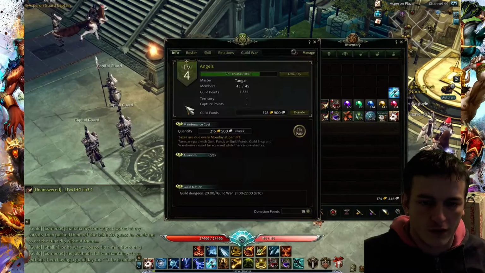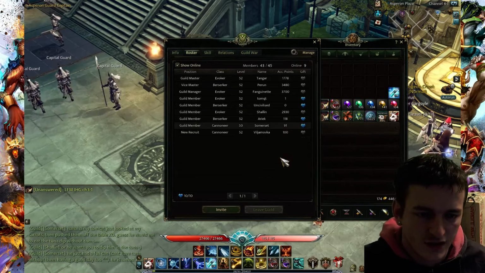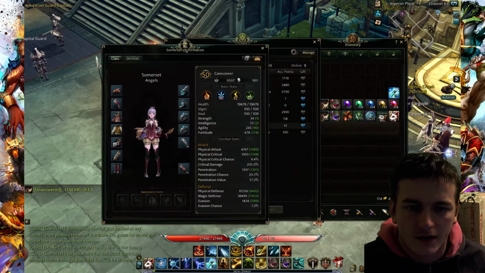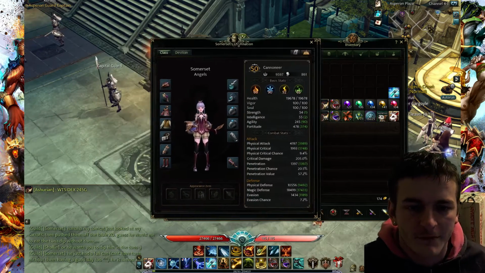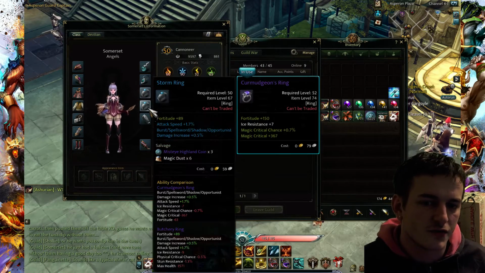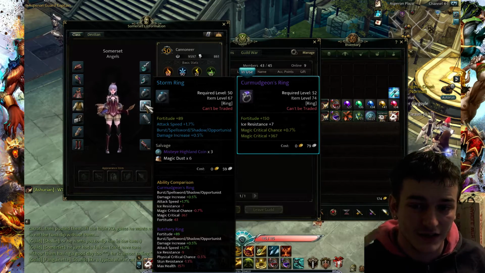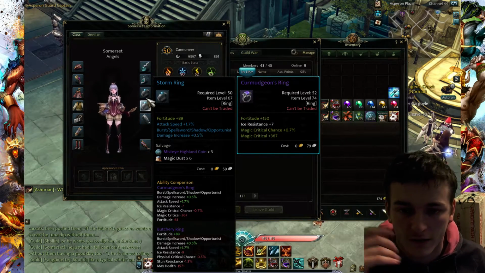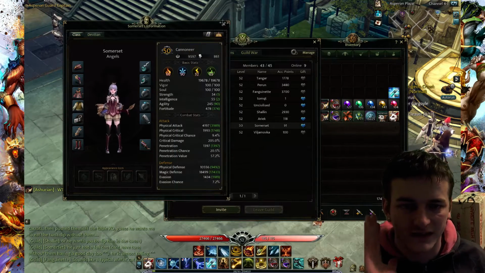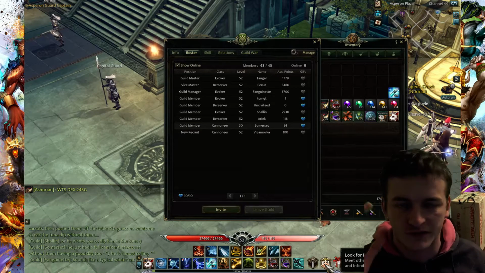I'll show you on my guildmates maybe. For example, Somerset, our new guy, or girl, I'm sorry. Somerset has just random items for level 50, 46. So when you just hit 52, you have to change all these items to Fallen Star. How could you do it